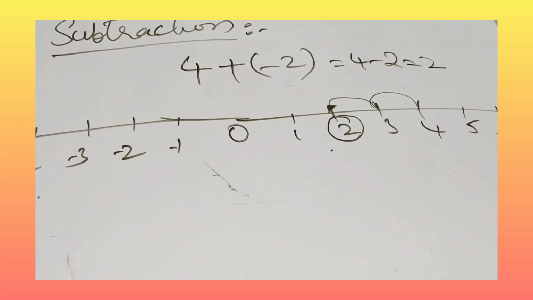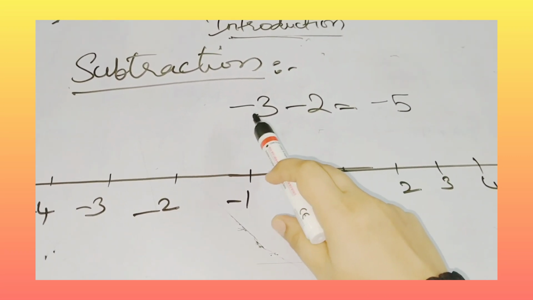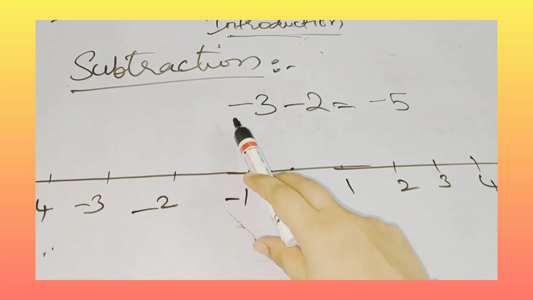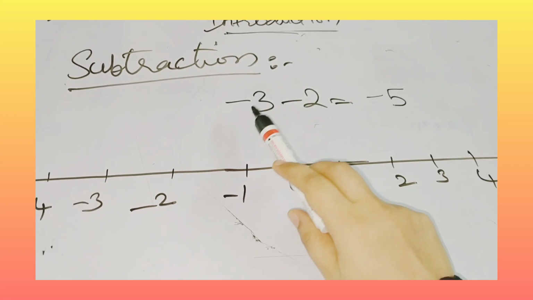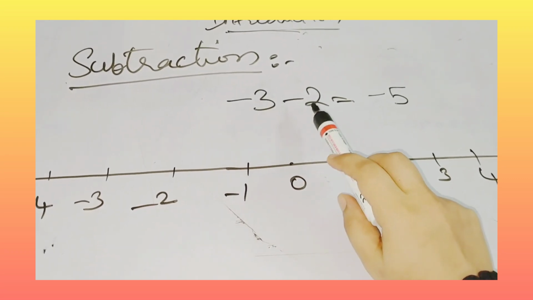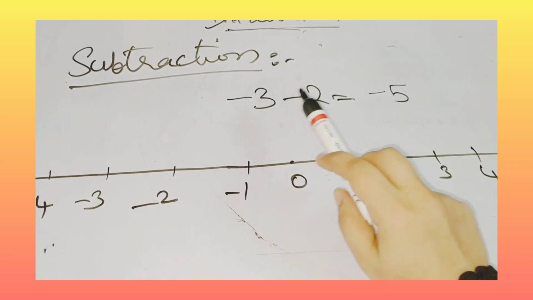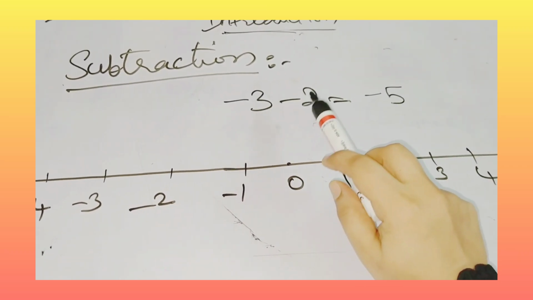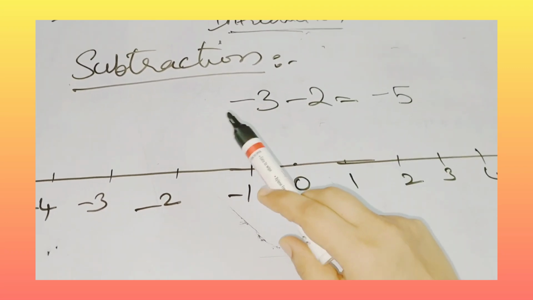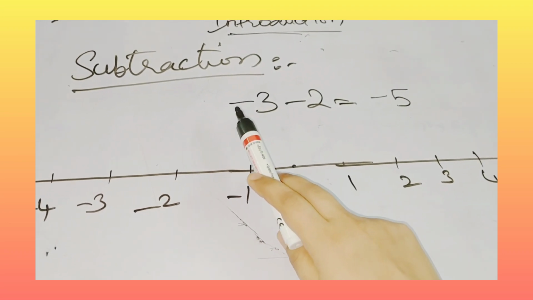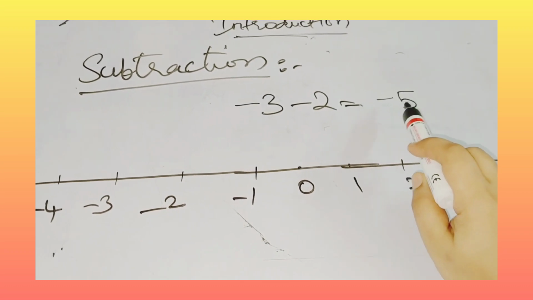Now what is minus 3 and minus 2? Here if the minus symbol is there, minus and minus is there, what you have to do, you have to do addition. If minus 3 and minus 2 is there here, you have to do addition. What is minus 3 and minus 2? It is 5. 3, 4, 5, we have to add it. If minus minus is there, you have to add it, remember this. Now again you have to write the bigger number's symbol here. It is minus. Minus 5, it is minus 5.